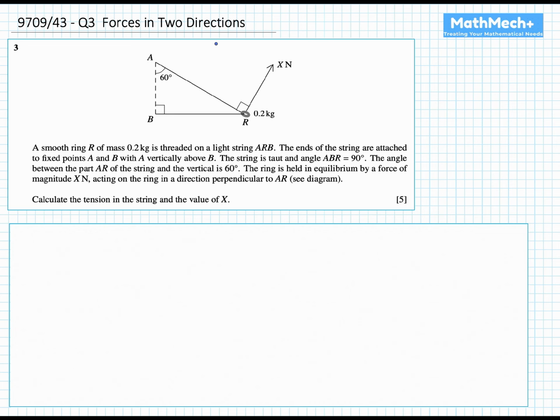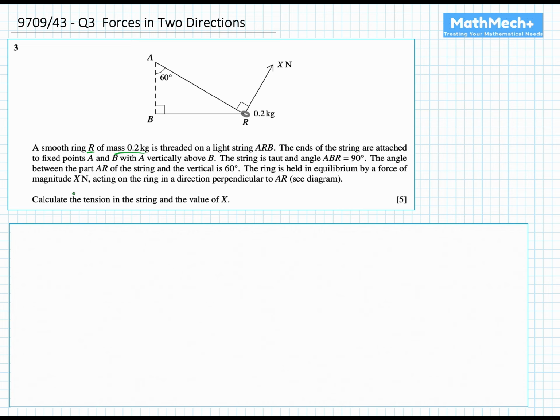We are looking at forces in two directions, and a specific question is from 2023, question 3. So we'll underline a few bits and pieces. Always circle or underline what you think are the important aspects, just to try and make sense of what's happening here. So we have a triangle and we have,